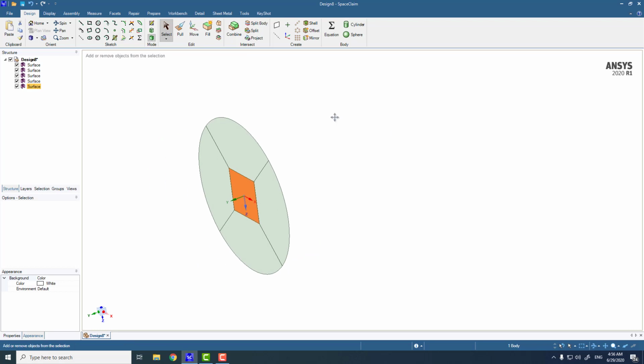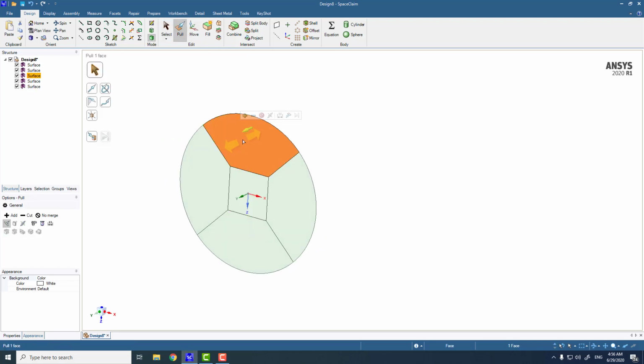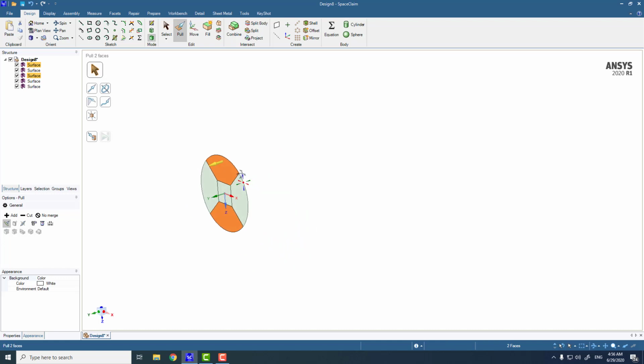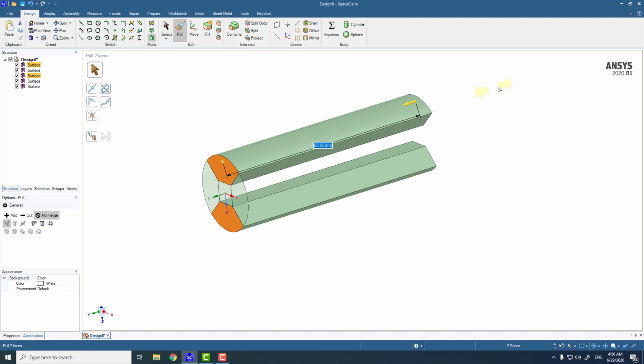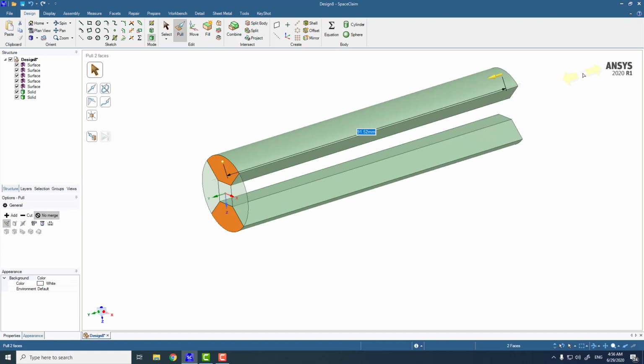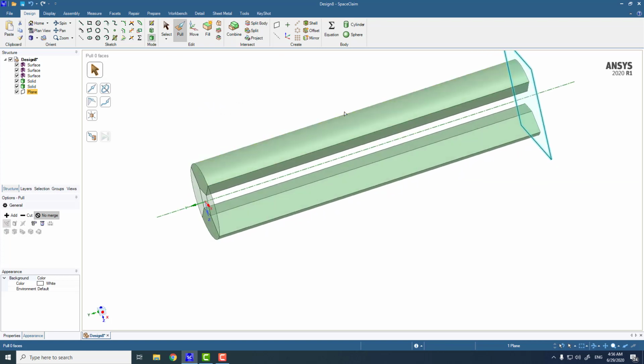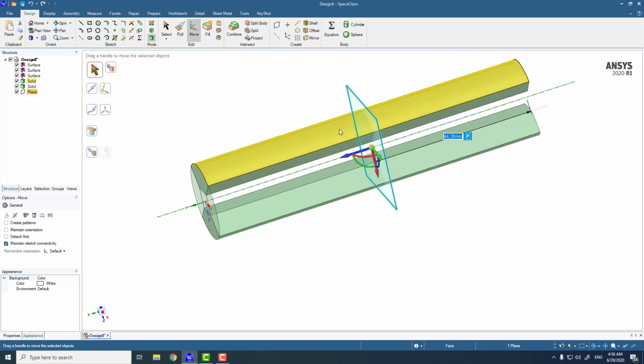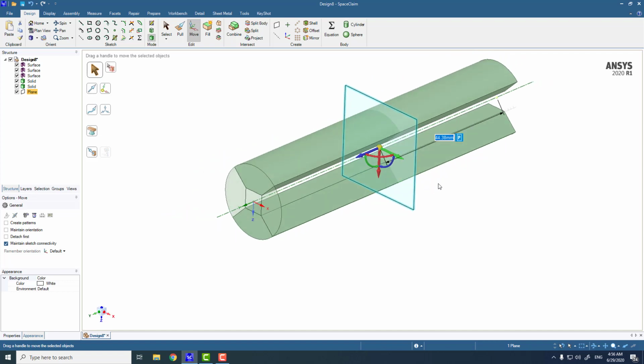Alright, and I'm going to pull the first one on the top and then on the bottom, so they will not be joined, so no merge, and somewhere up to here, let's say. And also I'm going to create a new plane, and let's say this geometry should have this length. So if you know the length, you can place the plane at that location, but I just want to move this plane to some arbitrary location. And if you know the dimension of your geometry, you can set the plane at that particular location.